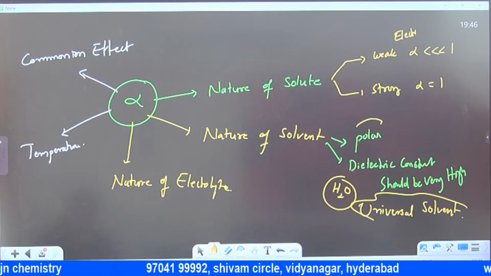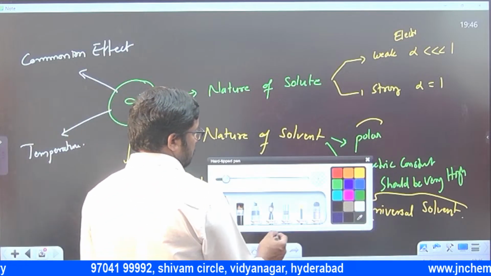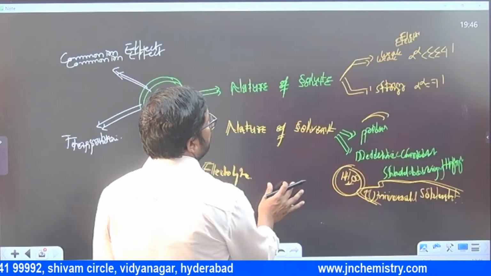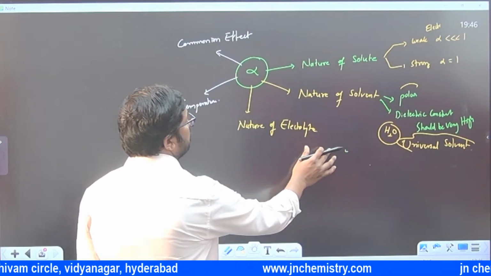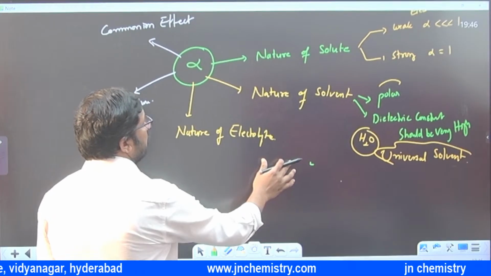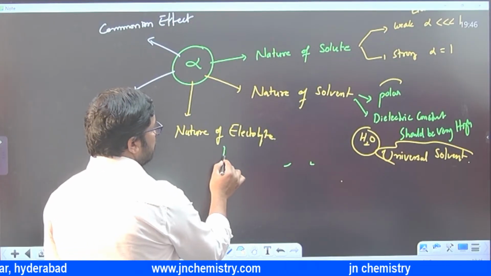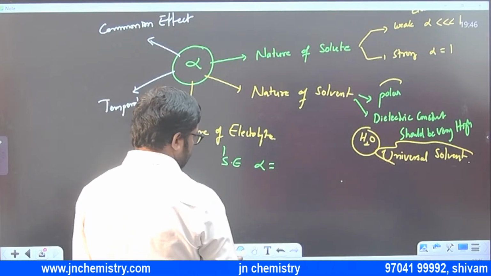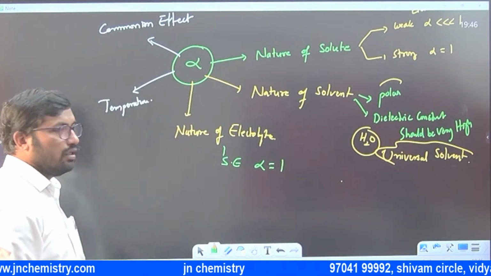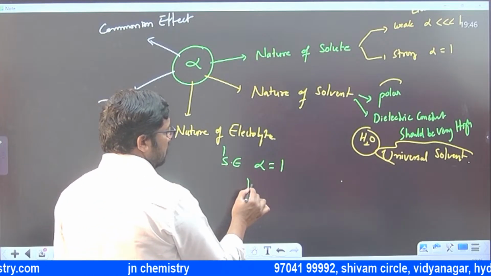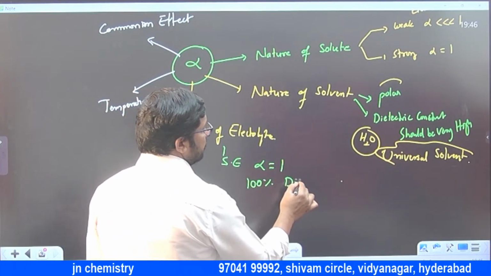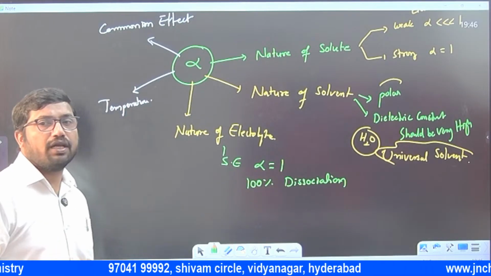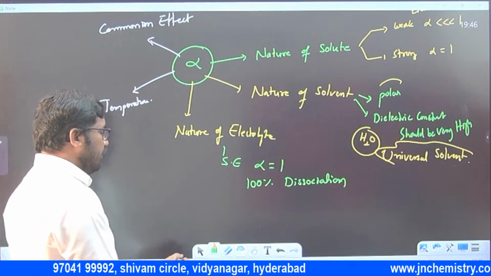Next, nature of electrolyte. I already told you, if it is a strong electrolyte, alpha is equal to 1, which means 100% dissociation takes place. If it is a weak electrolyte,